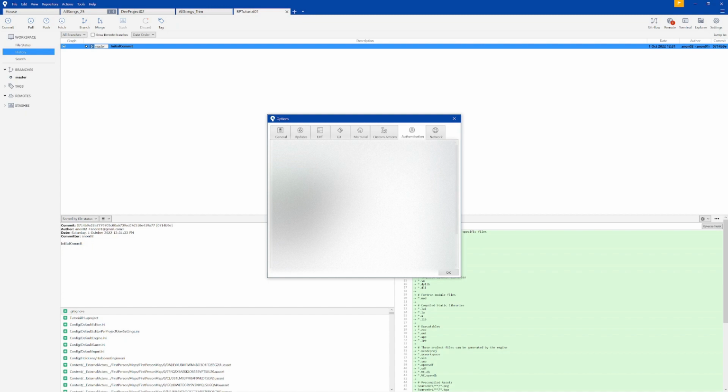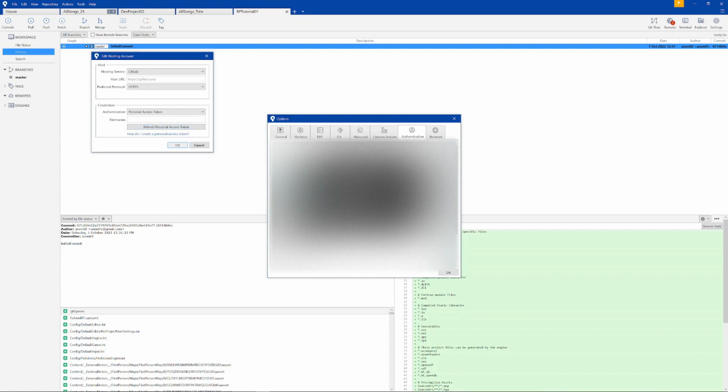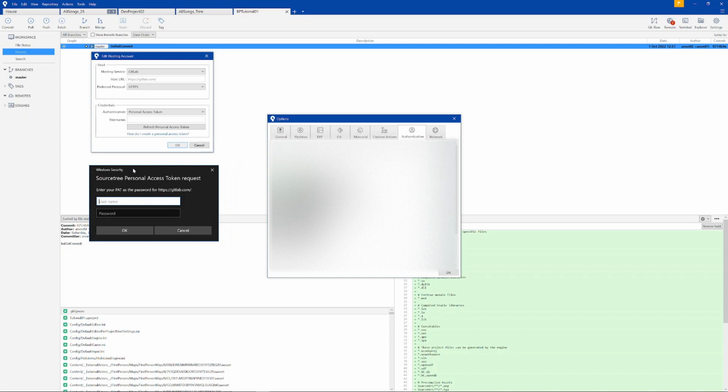Anyway, what we need to do is click the add button here. Hosting service, we're going to select GitLab. So you can see it's got the URL, preferred protocol, authentication, personal access token. And we've just created a personal access token. When we go and refresh, bang, like that, it is going to ask me for a couple of things. The first one is my username on GitLab. So that was